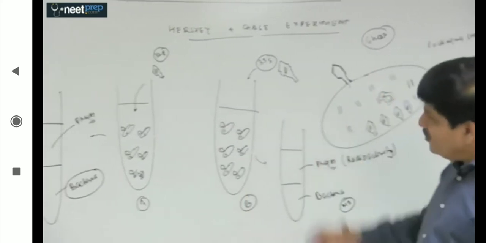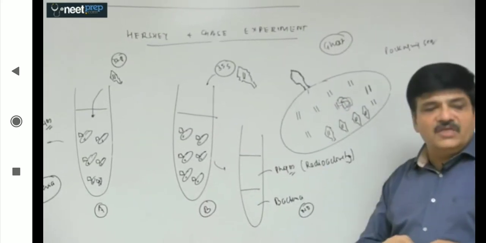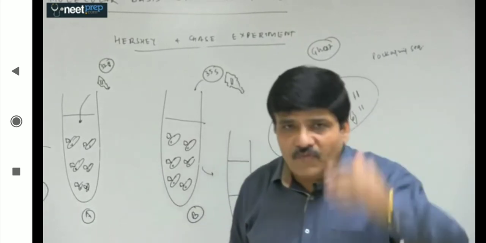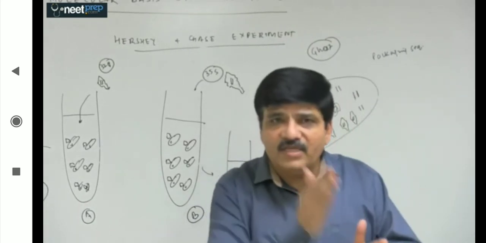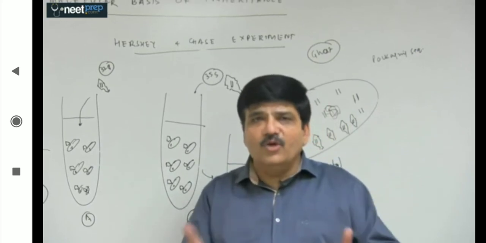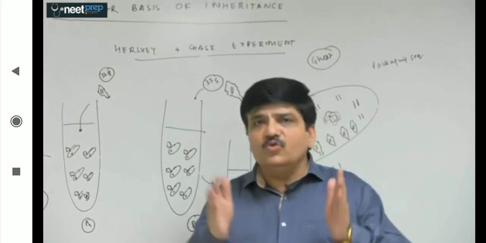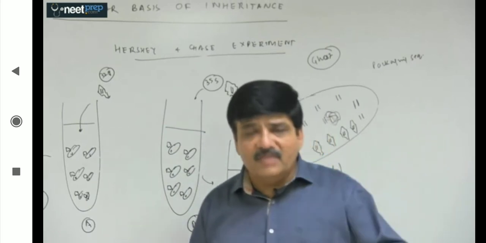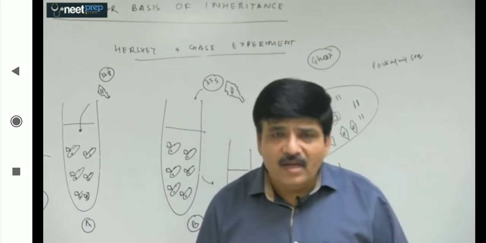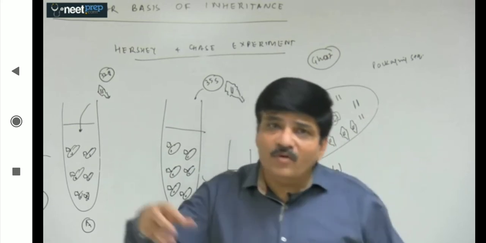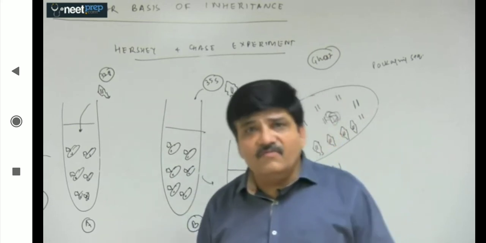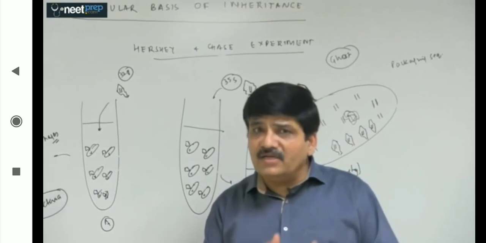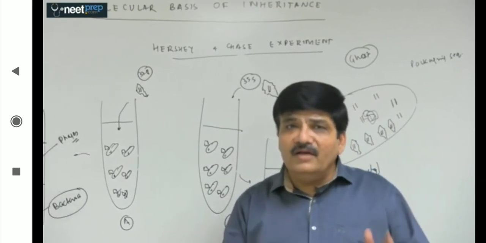Now you have understood the experiment. So let me just recap the experiment, and then we will see what conclusion can be drawn. First, I want to prove whether it is DNA or protein. These are the two molecules I am confused about. So I have chosen a material, a bacteriophage, which contains only these two. That means it is made up of DNA and protein. And I am taking a bacteriophage that is capable of infecting E. coli, because I am very comfortable with E. coli. One more advantage of using phage was that since it contains only DNA and protein, I can differentially